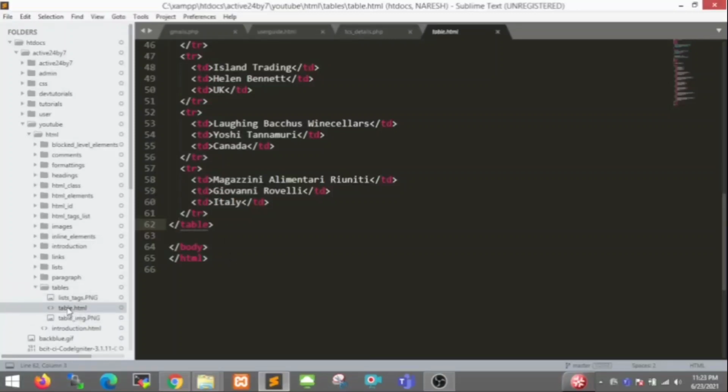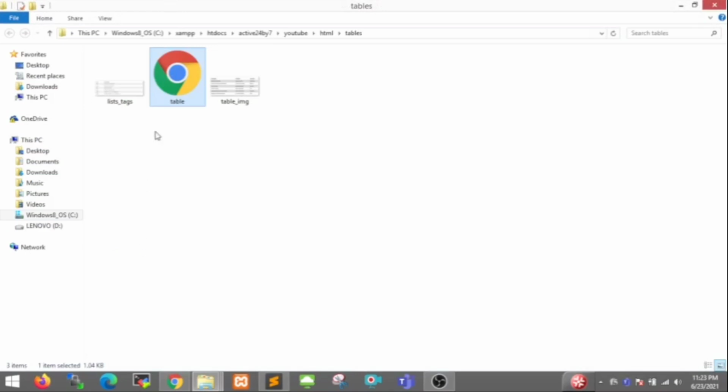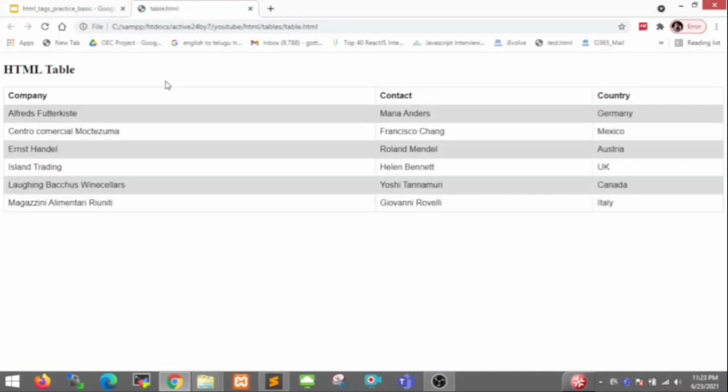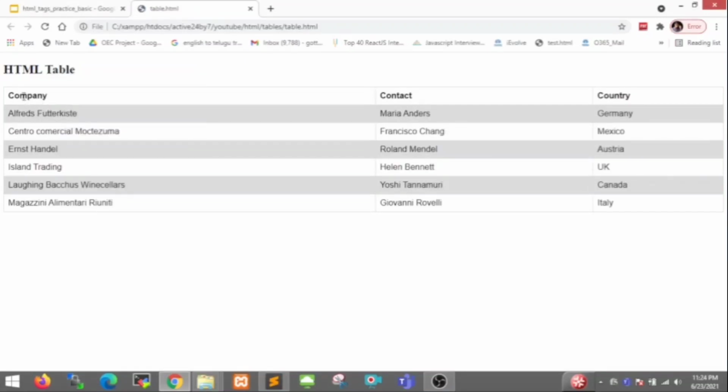Let's go first to my folder where I saved it. This is my web page for the HTML table. When I double click on it, it will open in our web page. Here we observe the HTML table. This is the H2 heading, and these are the first, second and third columns.